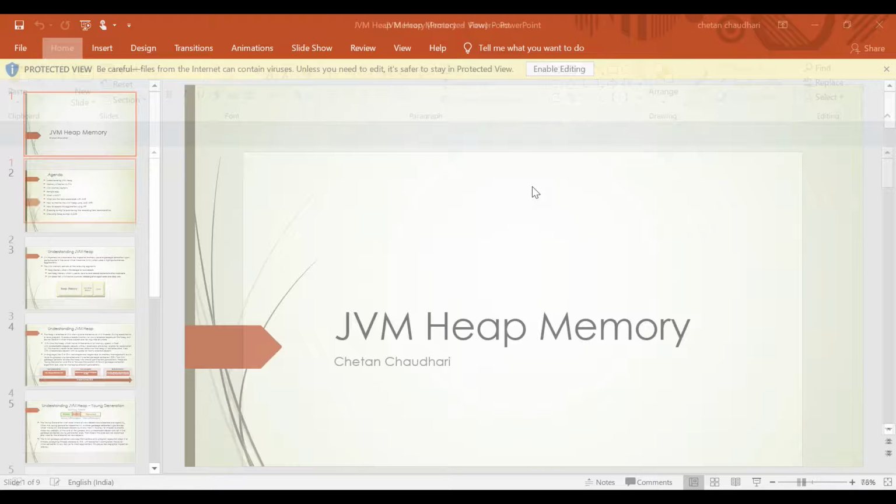So what is this threshold for? How does the JVM know, once these objects are there in Eden space, how they will get promoted to the upcoming spaces like survivor space or tenured space? There is a threshold for this, defined as 7 or 8.